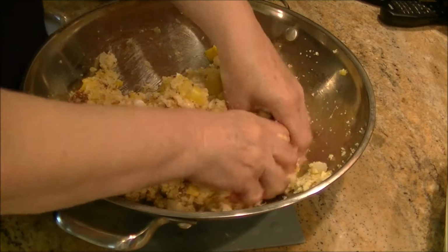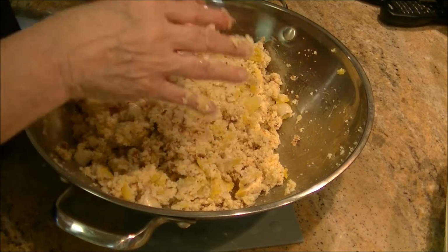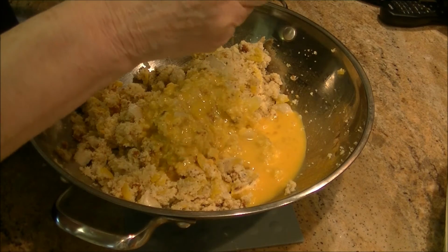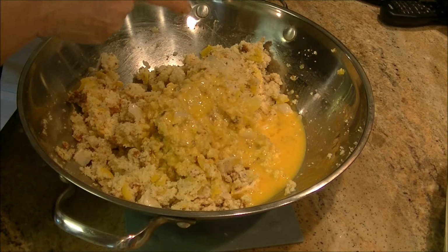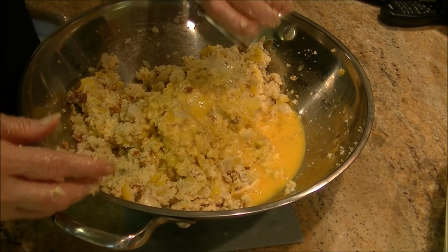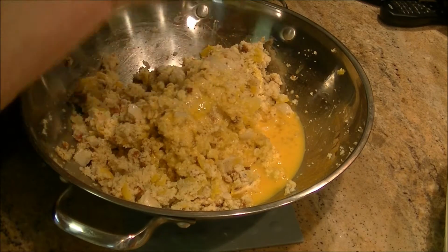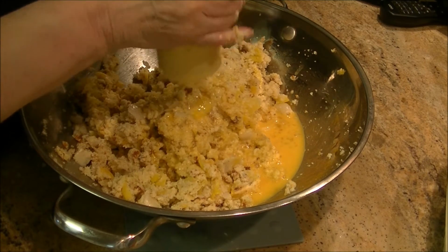All right. Now into this is going to go 3 eggs, and I already beat them up because I don't want to have to worry whether or not I got the eggs mixed up good. So I got the 3 eggs and a 10-ounce can of cream of chicken soup. Come on out. I hesitate to use my spatula because